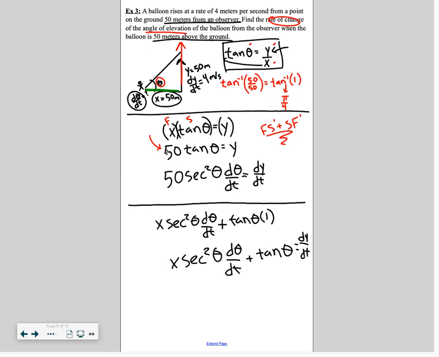So I think the key here is, and let me go back to this top part up here where x is 50, leaving that as your constant because the x doesn't change at all. When you get into the product rule, the reason that it's coming out differently is because you're not treating an x as a constant. You would end up taking the derivative of the x, which would become 1. Actually, here's where it would happen. The derivative of x. All right, I got it now. This is why it would be the same. So now we have x secant squared d theta dt, and this would be tangent